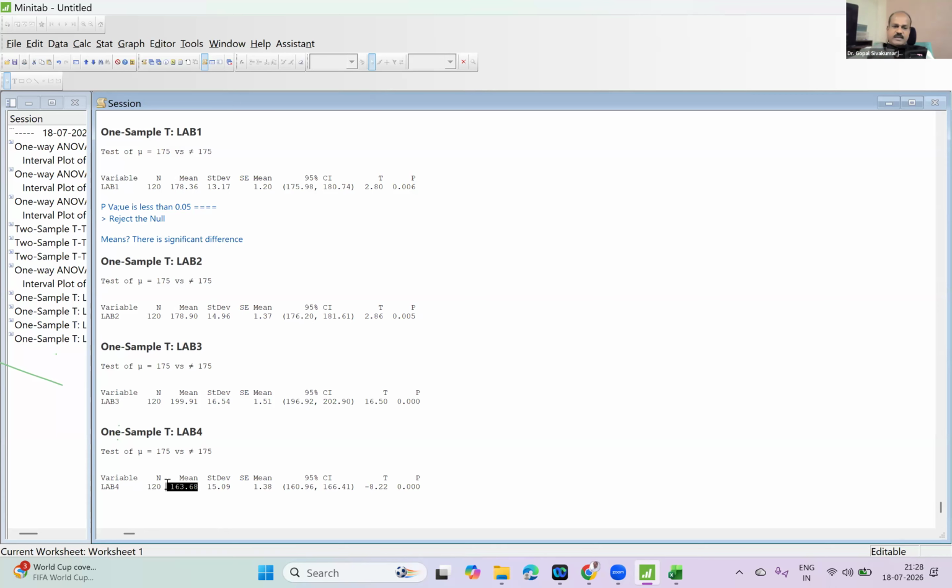Come on, tell me. Which lab? 4. You can definitely, confidently allow 4, because the p-value for 4 is also less than 0.05. Your requirement is also met. Please note, all of you, the findings from the data will be considered reliable only when the associated p-value is less than 0.05. If the associated p-value is more than 0.05, then the risk is very high. Under such conditions, believing the data can be harmful. Do you understand, all of you?